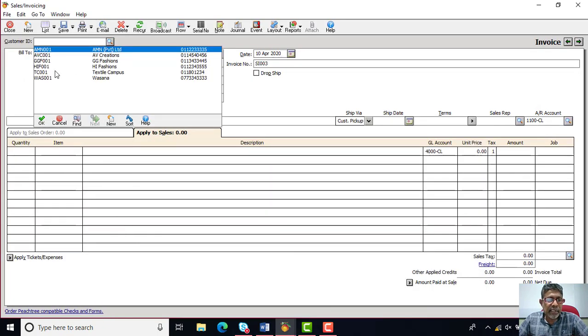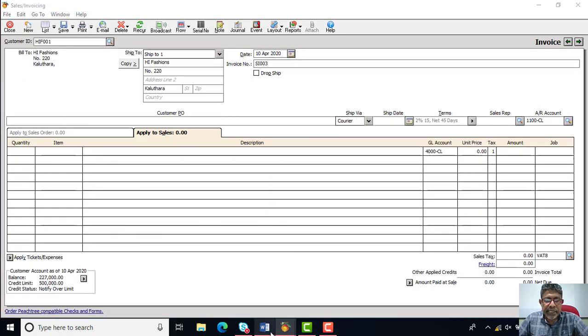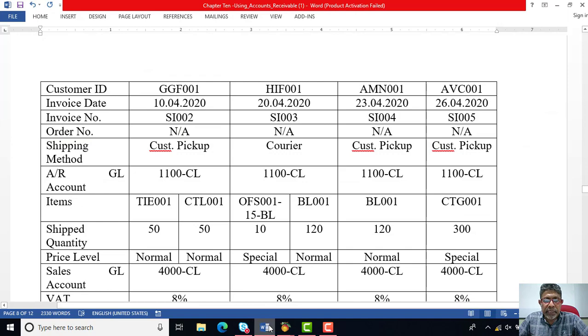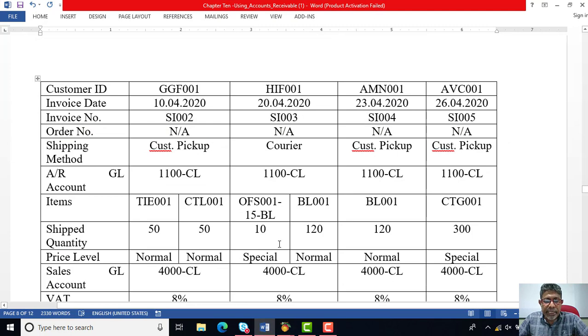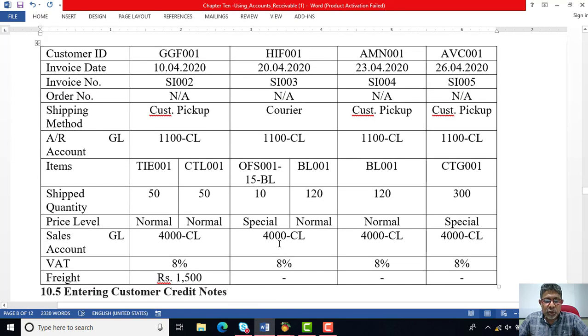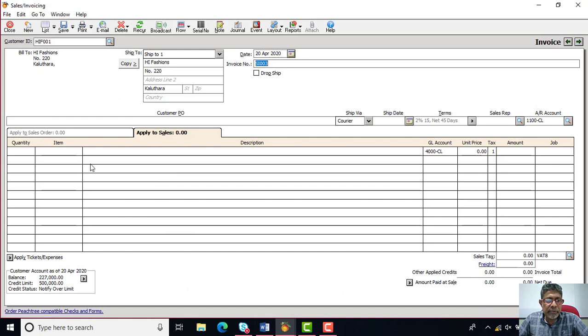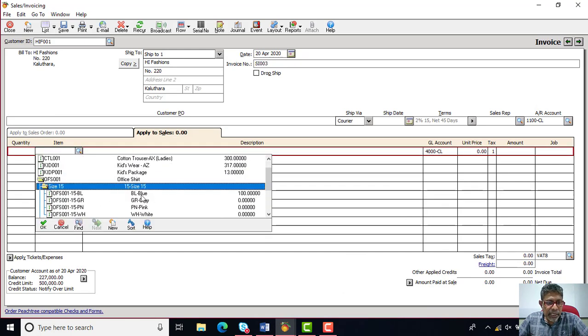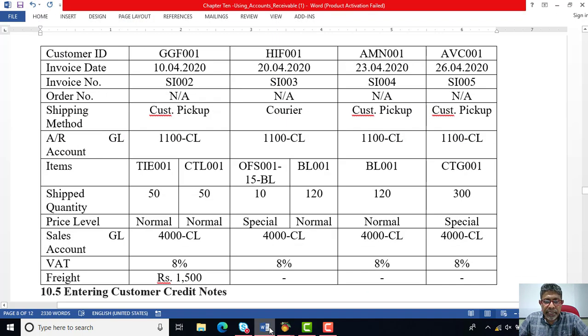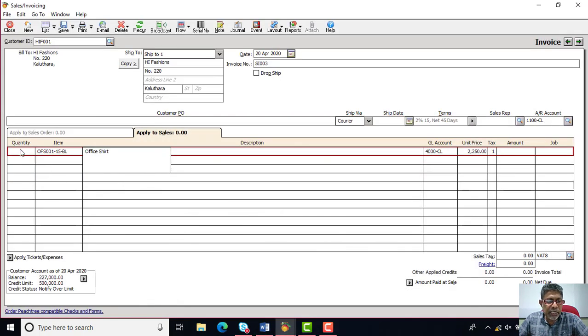HIF001 customer, another direct invoicing. 20th of April is the date, change the date. And the invoice number is going to be this time SI003. And the courier method is used for the delivering. And also the items is purchasing office suit 15 inches BL. So we will select office 15 inches blue color, and the quantity you are selling 10 unit with the special